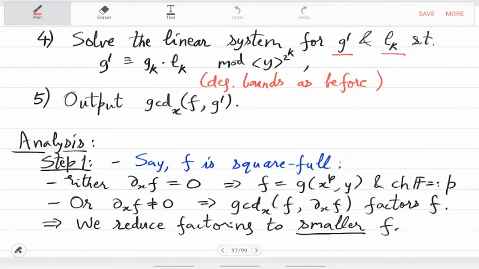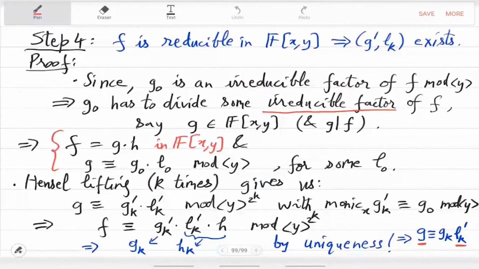equal to g works in step 4. Okay, which means that the linear system is solvable. It's a feasible system. So which means that when you are at step 4, you will find some g prime, but that may not be an actual factor of f, right? So the last step now we have to analyze. So in step 5, why are we claiming that this will factorize? So let's move to that.